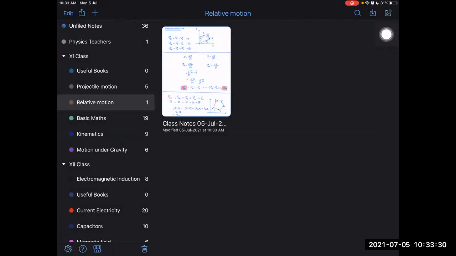I think we can maybe end it here. Today you try to do Rainman problems only, nothing else. Okay, sir, only Rainman problems, no other problems. In that assignment, are there any Rainman problems, sir? In the relative motion assignment, there is no Rainman problem. No, there were some problems. Yesterday when I was discussing last week, I found some questions and I said these are for next week only. I think there were some questions of Rainman problems.